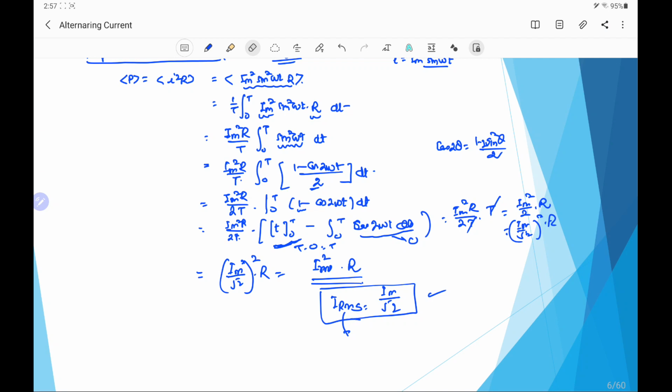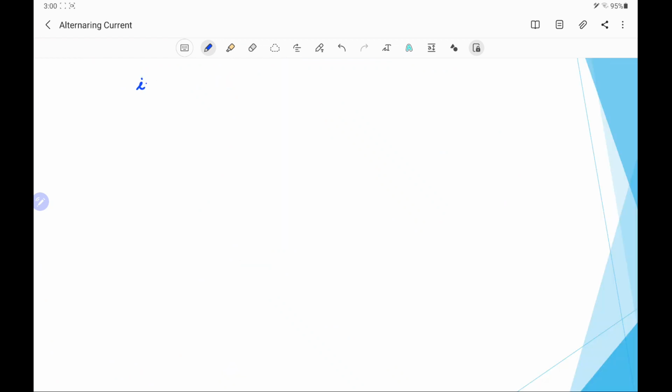We have to remember the meaning of the root mean square value. For RMS, first we take the square of the parameter, say the current, then we take the mean, and after that we take the square root. This value gives the RMS value, that is the root mean square value. Similarly, for voltage, V equal to Vm sin omega t, we can write V RMS is equal to Vm by root 2, or 0.707 Vm.